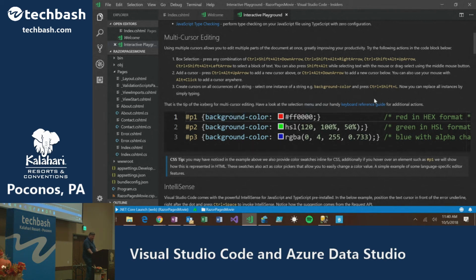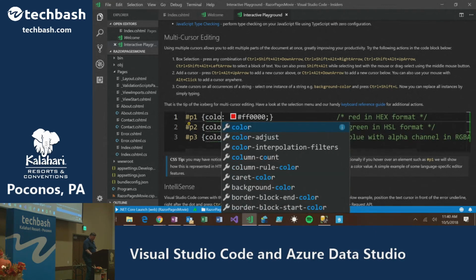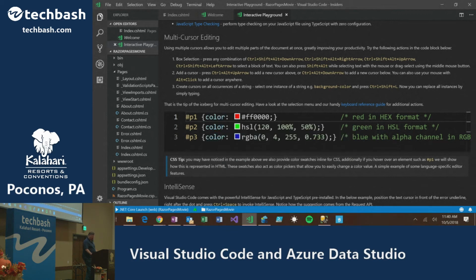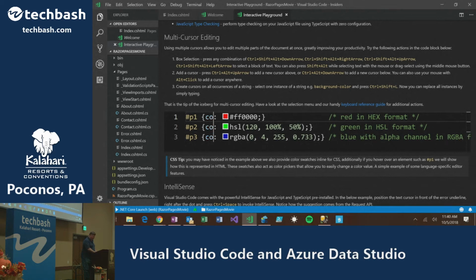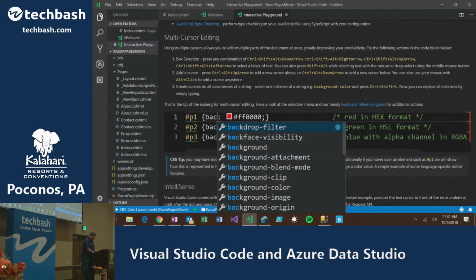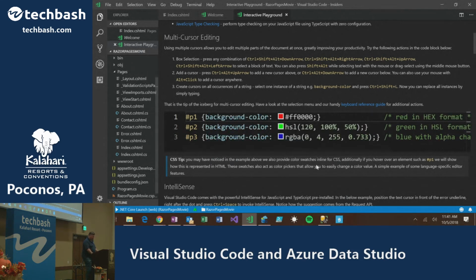So basically what happens here, if I take something like background color and highlight it and do Control-Shift-L, then what I could do is I could type color, and what I'm doing is I'm actually changing any instance of background color in the entire file to one value. So that's pretty handy. And the same thing here, if I just backspace and pick the original value, it's back to where it was. So that's handy.